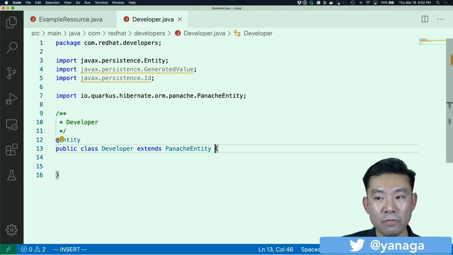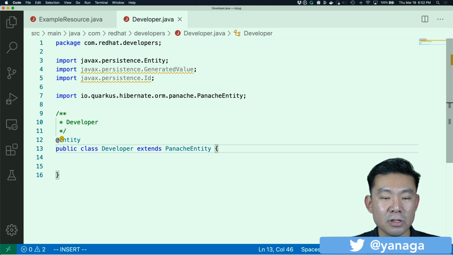If you ever tried Ruby on Rails, or for example Play Framework, you know that active record is a style where you get your entity and you mix the persistence methods inside your entity, which is not useful for very complex domains.